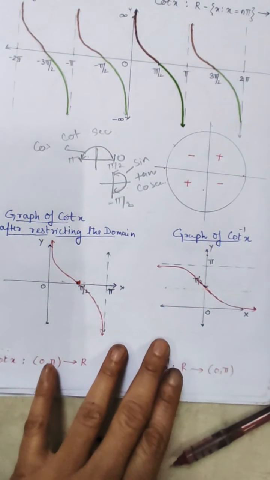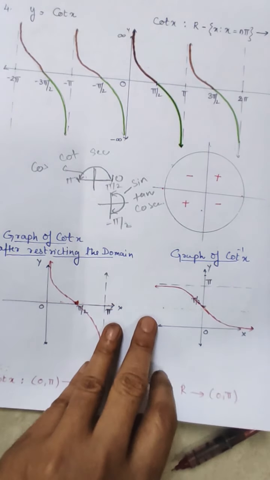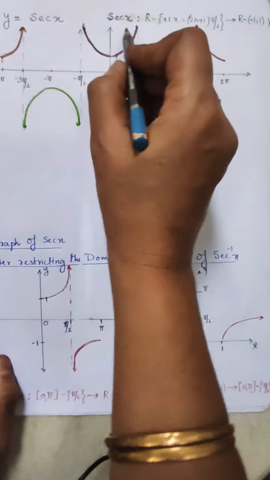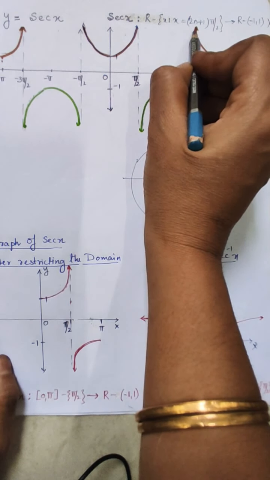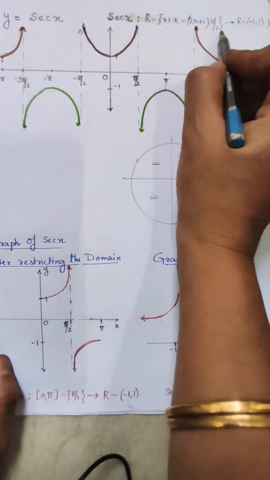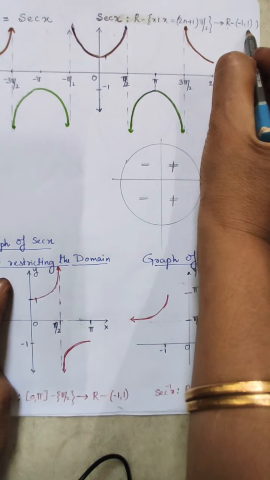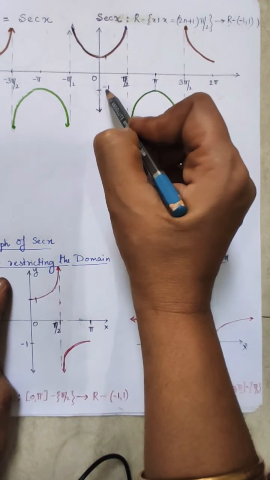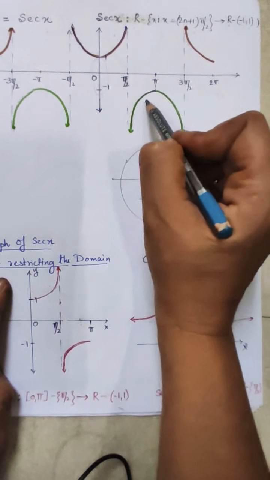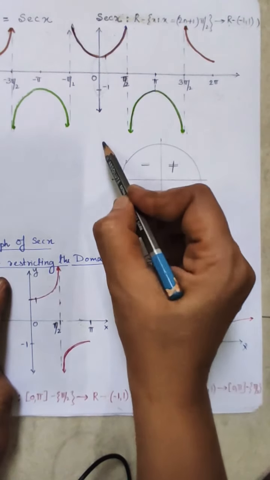Now let's work on the two more trigonometric ratios, sec and cosec. Now y is equal to sec x. Sec x has the domain of all real numbers except odd multiples of pi by 2. The range is R except the open interval minus 1 to 1, that means the numbers between minus 1 to 1. You can see in the graph that this particular region does not have any graphical structure, so it is totally removed from the set of all real numbers of the y-axis.